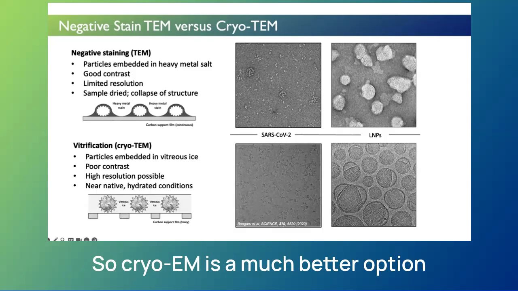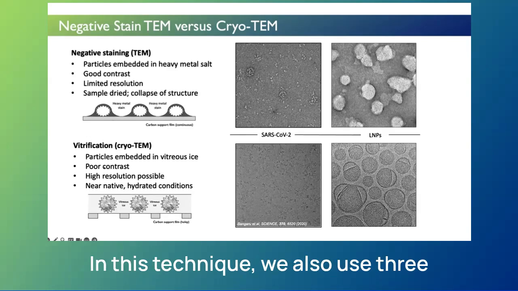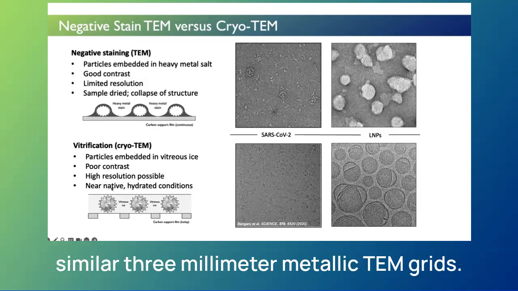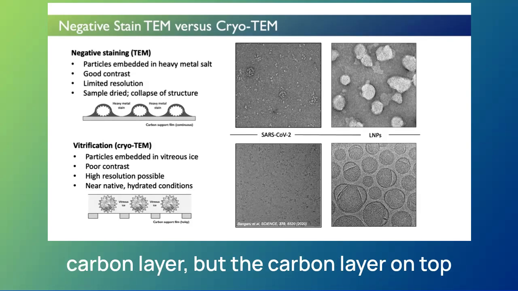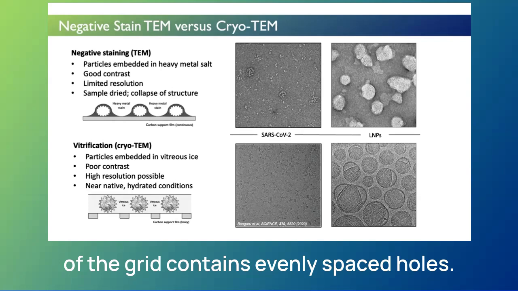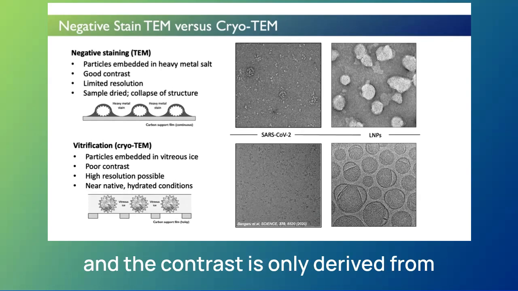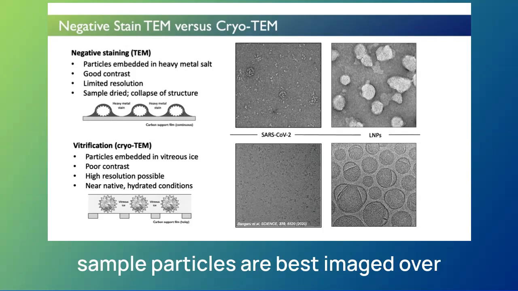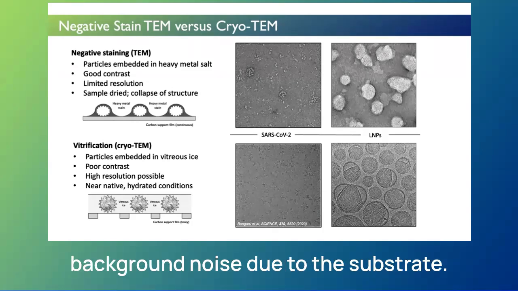So Cryo-EM is a much better option to preserve liposomal particles. And in this technique, we also use 3 microliters of sample, which is added to a similar 3 millimeter metallic TEM grid. But now there's no continuous carbon layer, but the carbon layer on top of the grid contains evenly spaced holes. And since the sample is not stained and the contrast is only derived from the sample itself in Cryo-EM,